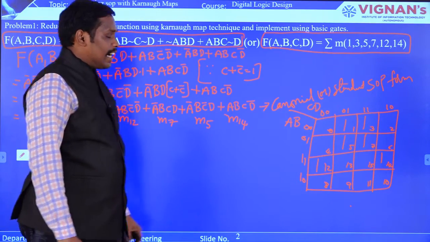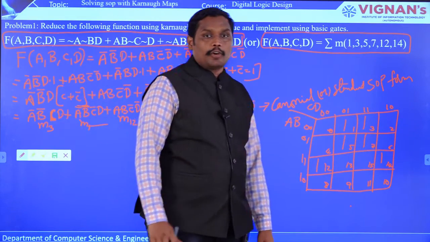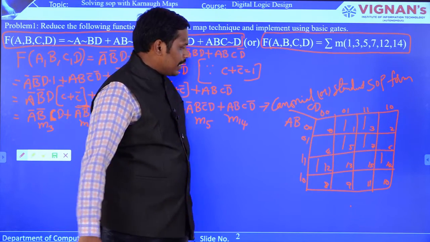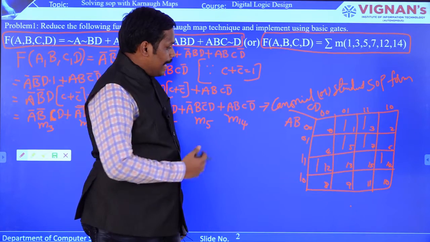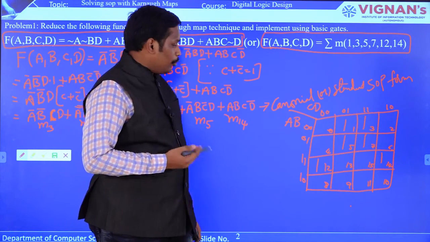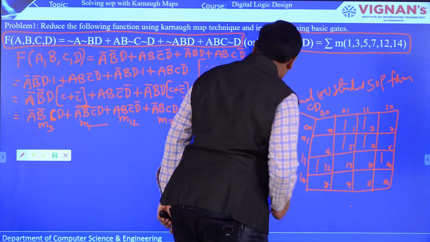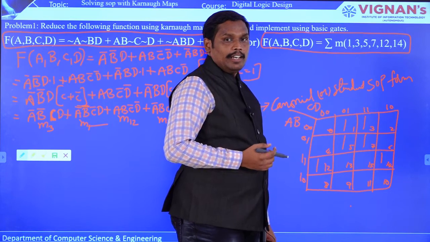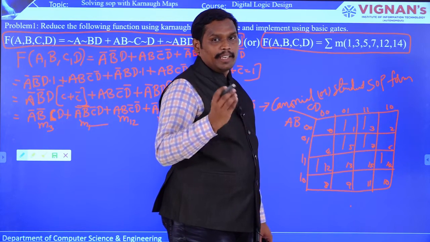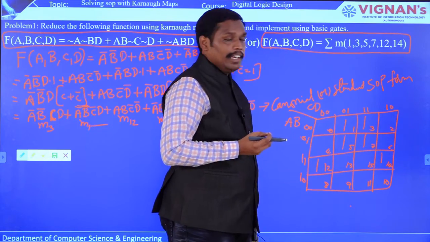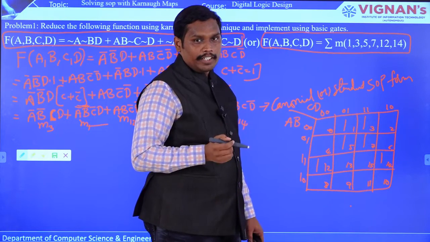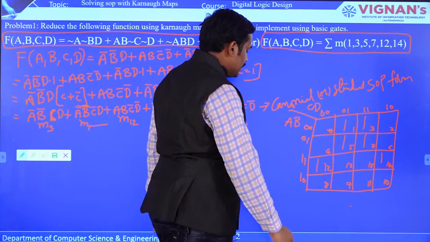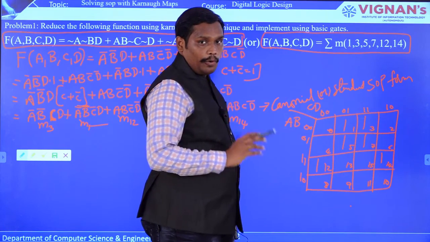Now, as the Karnaugh map with all ones is ready, the next step is to form them into groups of ones. Here in this Karnaugh map, you can see the maximum possibilities of grouping ones. We will be constructing a group of ones, that is a pair, quad or octant. Pair means two adjacent ones, quad means 4 ones, and octant means 8 ones. In this Karnaugh map, you can see that there are no 8 ones, so no octant is there, and now check for the quad.